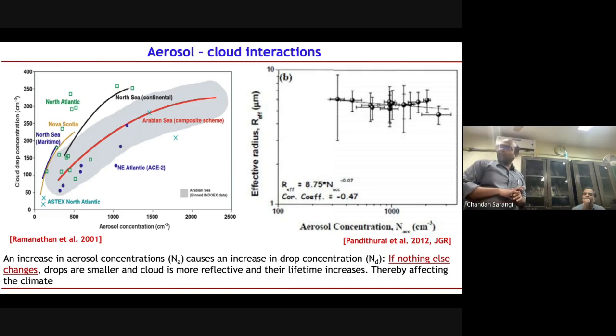I forgot the first indirect effect or impact. But what it talks about is aerosols can affect the cloud droplet concentration. At the same time, if it is a clean place, the size of cloud droplets is bigger compared to the size of cloud droplets present in a polluted atmosphere. So at one instant it is decreasing the size, at another instant it's increasing the concentration. These are the two basic changes which can be seen, or we understood what happens in clean versus polluted